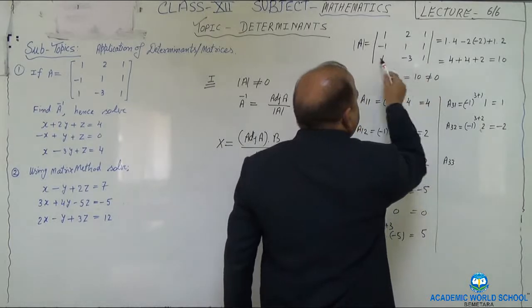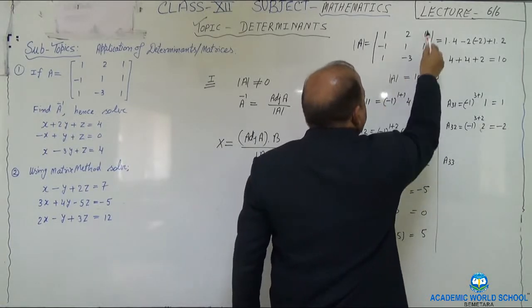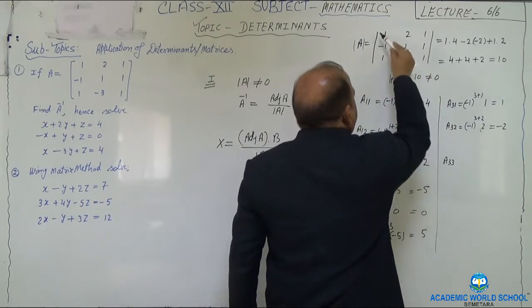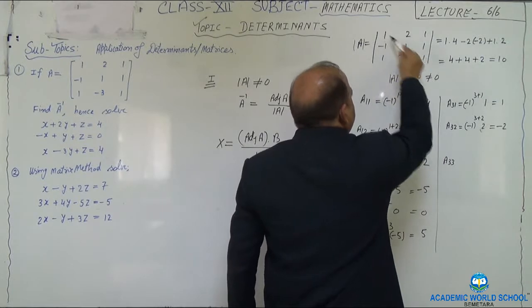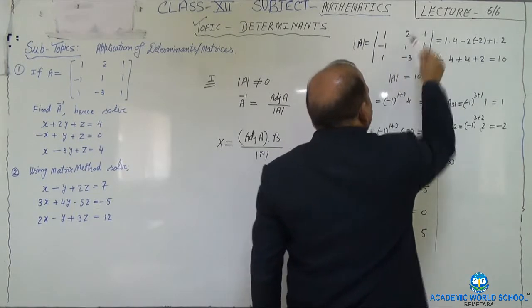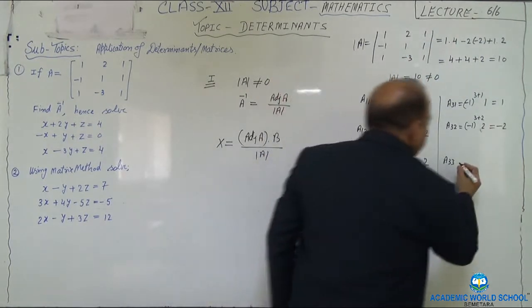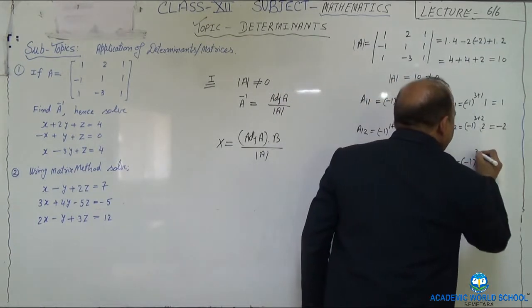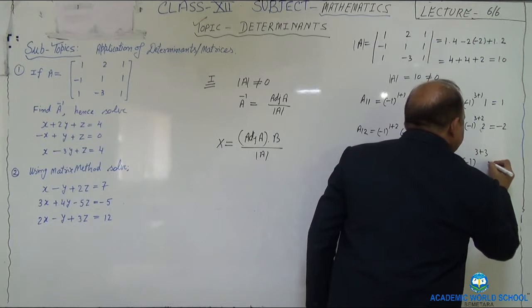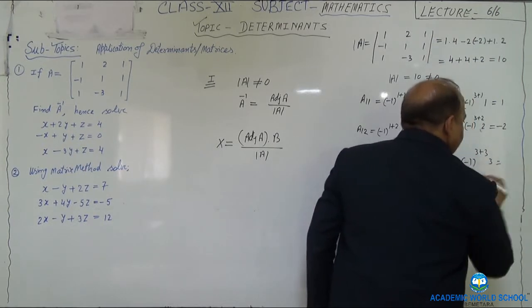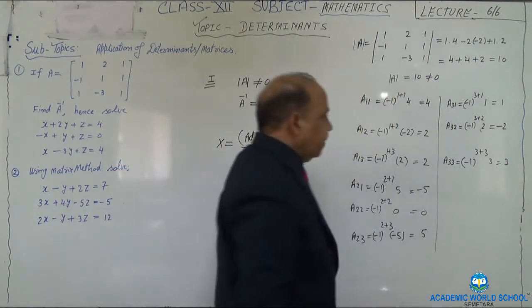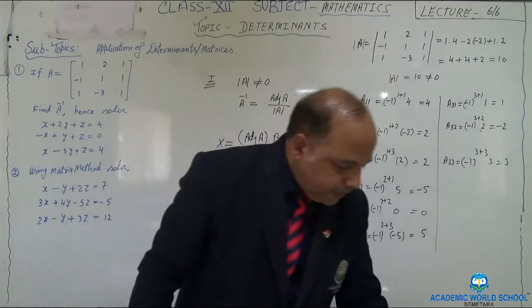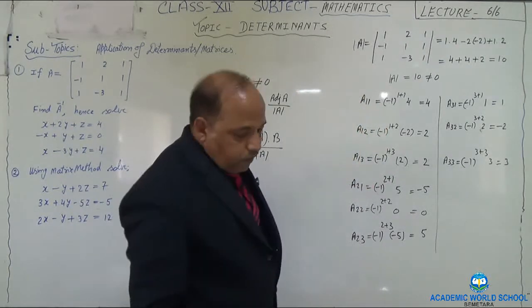A33, if you leave this part, you are getting 1 and then plus 2. 1 plus 2 means 3, minus 1 to the power 3 plus 3. This is into 3. This is even, so answer will be 3. So finally, you will be getting